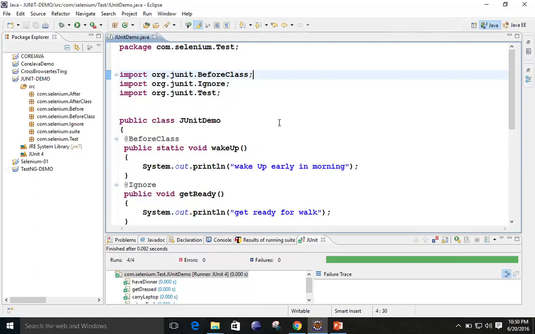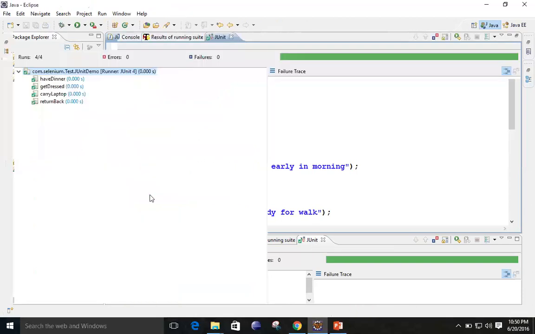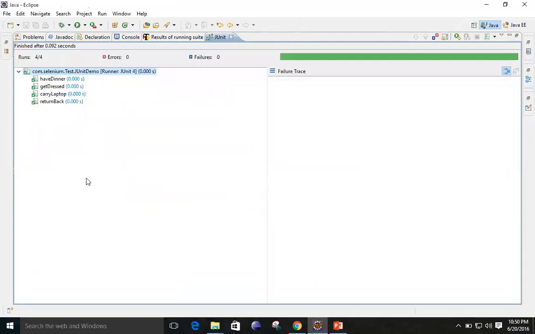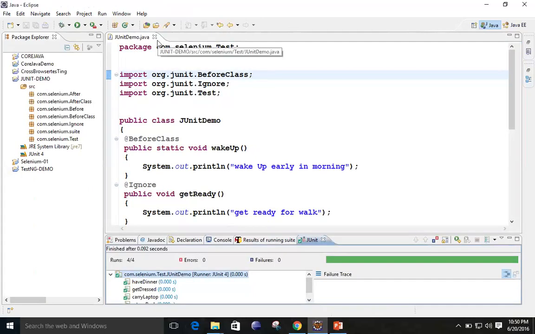Is it fine? Yes. And here you can see, if you look at the outputs, it will be like this only. There is no extra kind of report. That extra kind of report will come when we see the topic TestNG, because TestNG and JUnit are both the same. Work-wise, both are the same.